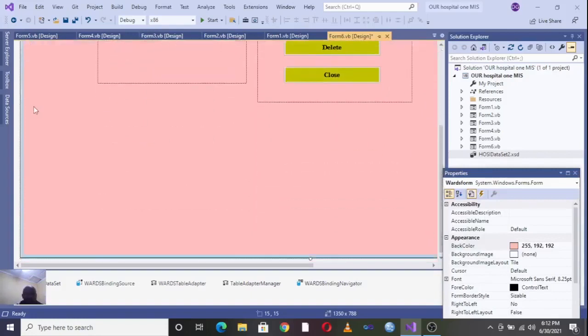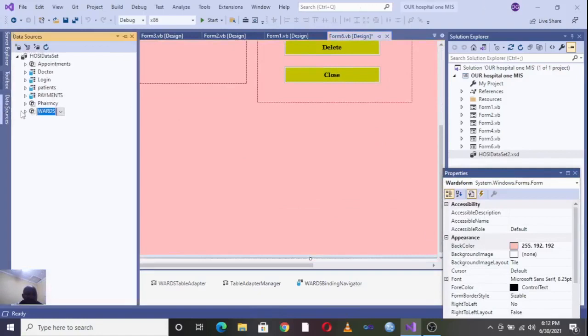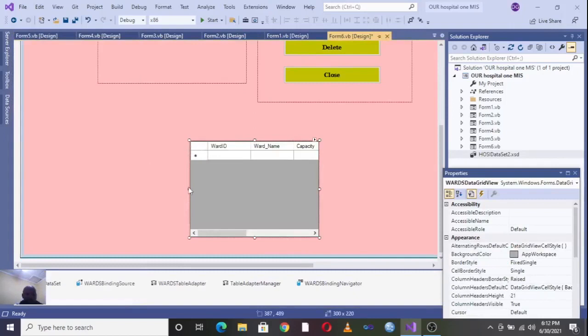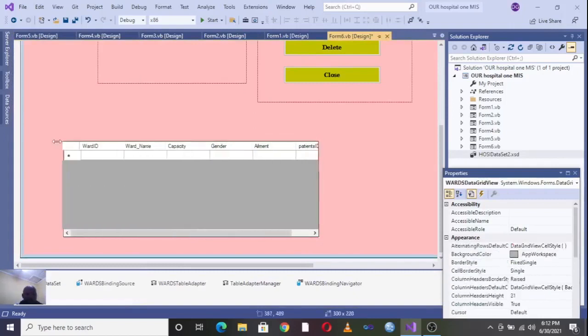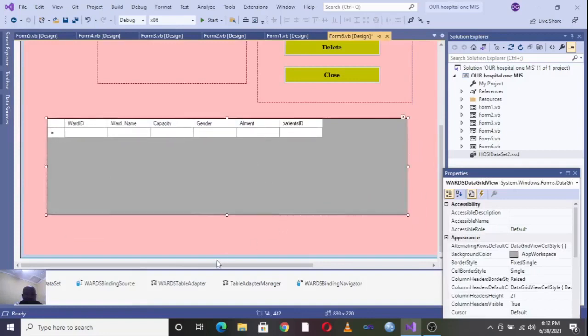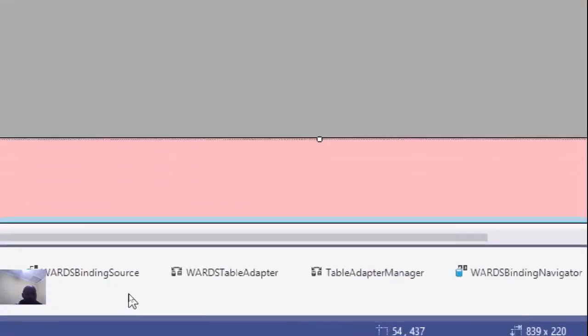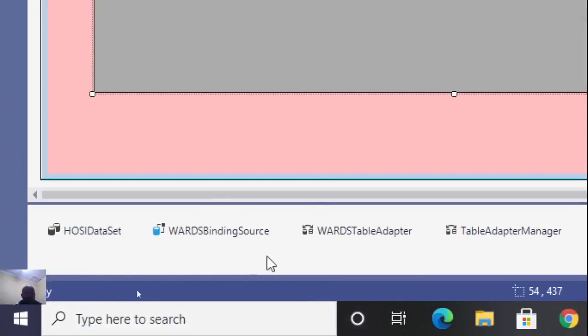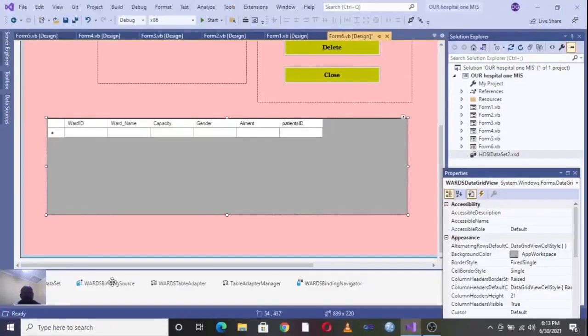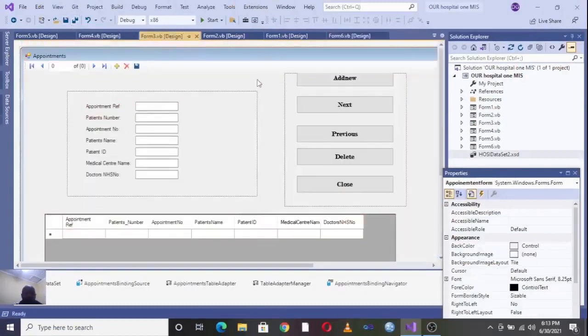Then from there we can also go to data, this point here, change this one to data grid, then drag. If you can see, this one is very simple to work with. Therefore I just drag this one. This is my grid. Then remember we have this part here, that is the binding source. The binding source here is very important. This is where your record source is. Therefore I am now supposed to save that one, then go to the next